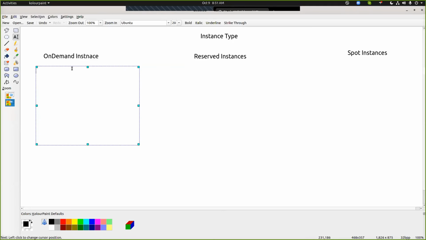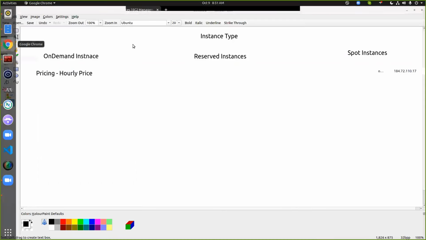So the on-demand instance basically has an hourly price. Let us talk first in terms of pricing. On-demand basically has an hourly price. Right now, if we go to the console